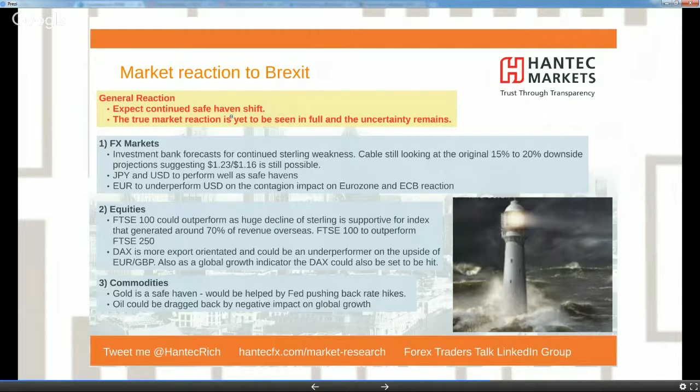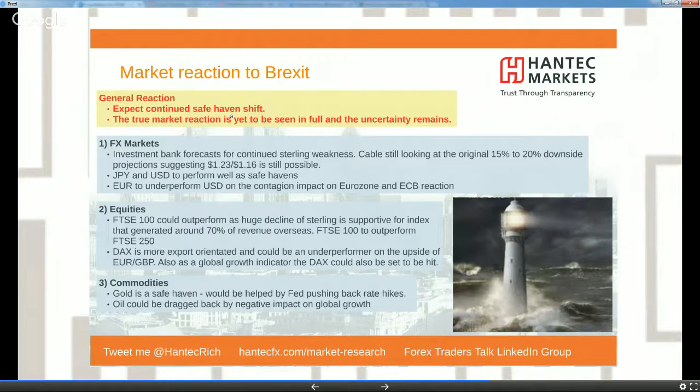Well, I don't really see that that's wrong. In the run up to the Brexit, they were talking about 15-20% of downside. That was around when cable was 145. If you take 15 to 20% off cable, that's a bottom of possibly 116 to 123. So there is still huge further downside possibility, I think, on cable.